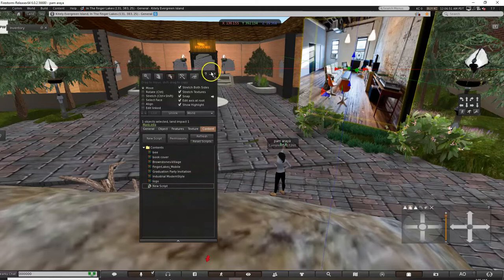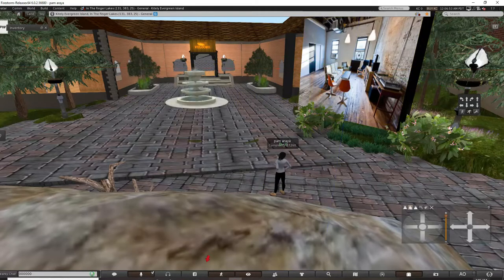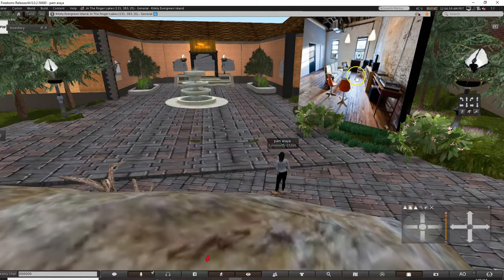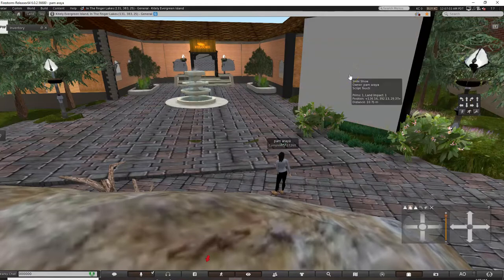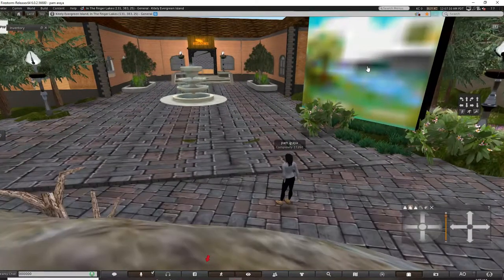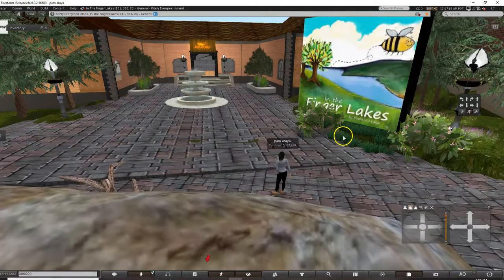I'll show you guys how to make one of these later, or you can just copy it and keep it in your inventory. It switches to my book cover, but it won't switch to the new one. I don't know why. Okay, I have to check that out later.